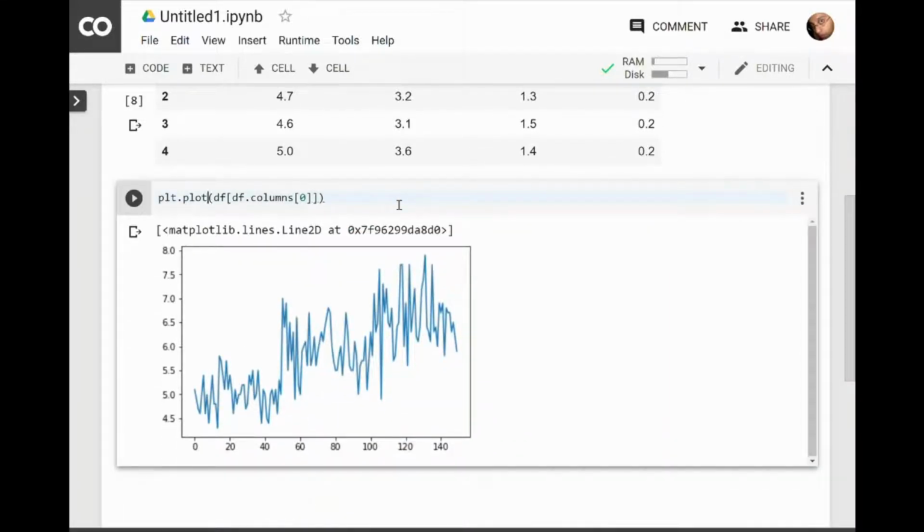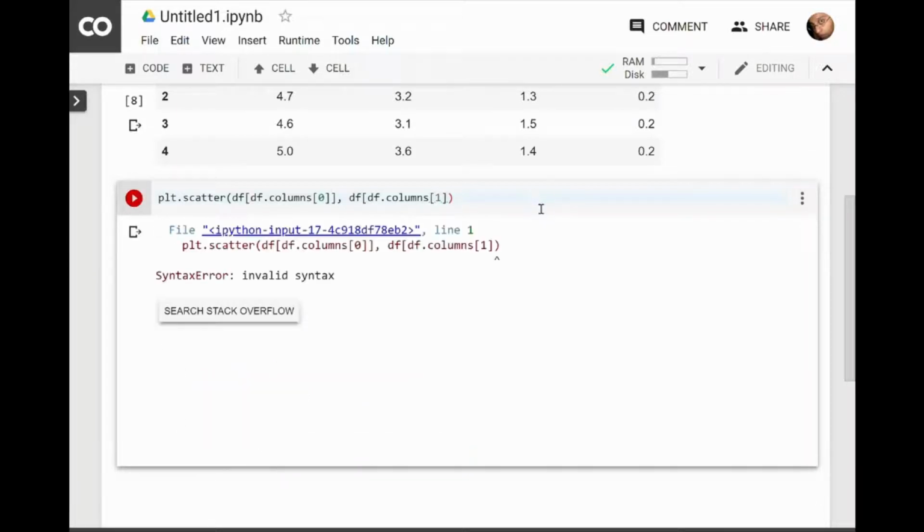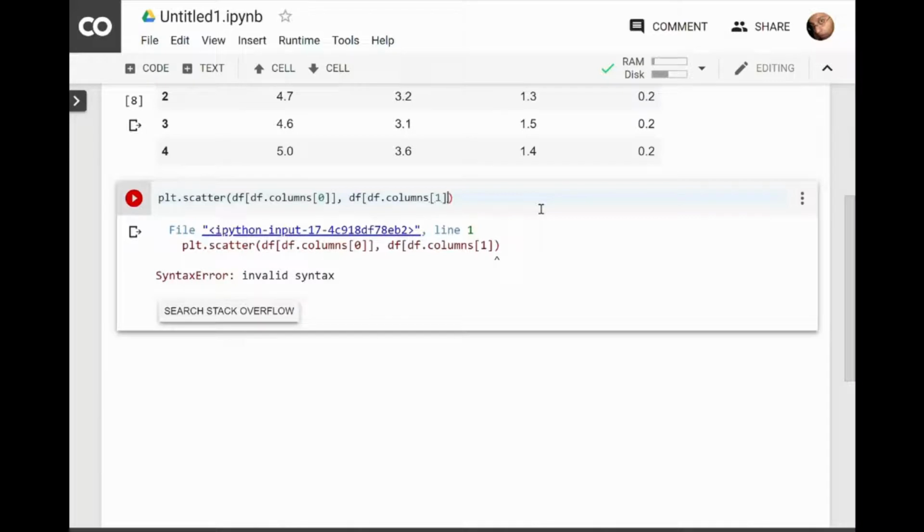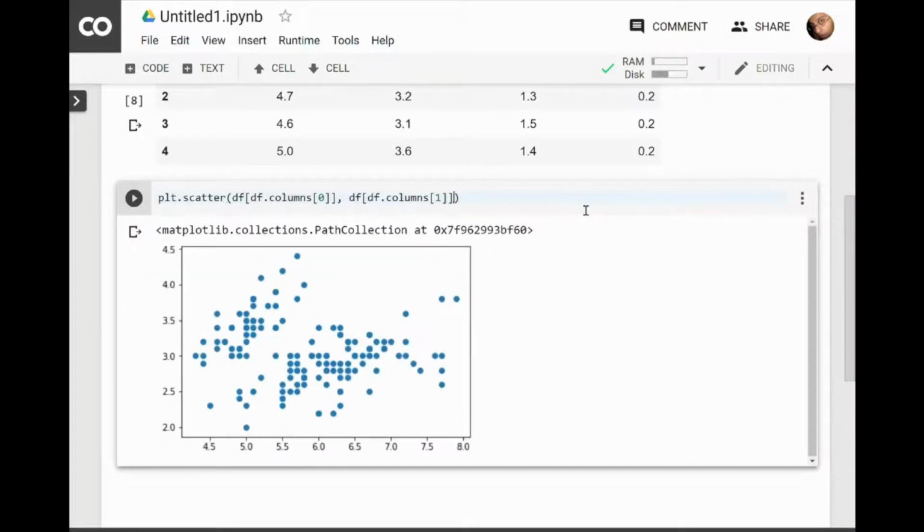What's really cool is that we can do a scatter plot, and we can give it 2 of the columns to plot against. There we go. Oops. There we go. And if we wanted to get really fancy, we can